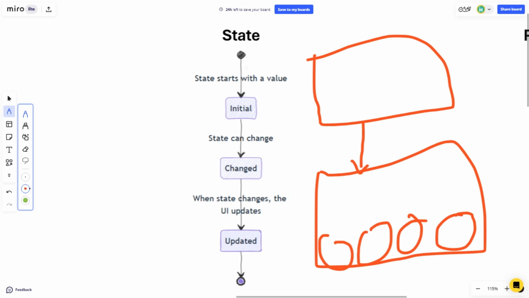As the state updates, the UI checks. In the last video, I told you that the UI checks which area to update, and it compares with the original state, the initial state, in the HTML document, and whichever area was updated, it only updates that section. That's how the virtual DOM works. So this is it. We understood what prop is and what state is. Let's understand some differences between them.